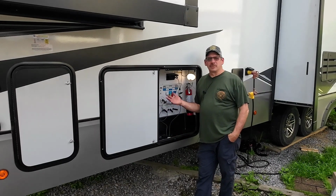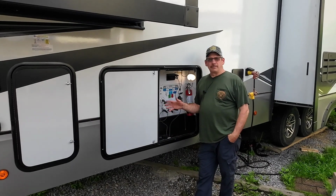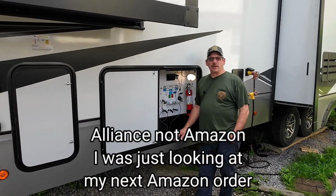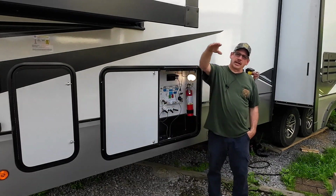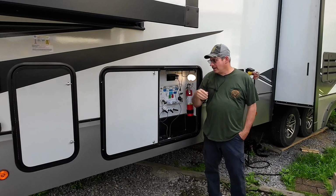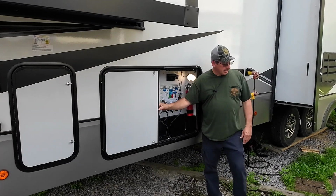As you can tell, I'm missing something here. I ordered this door off of Amazon. If you watched my previous videos, you know all about it. But it's a split door. The other one was a solid door. It came up to here and I was constantly hitting my head. So anyway, I ordered a door. I love it. The only thing I don't like is